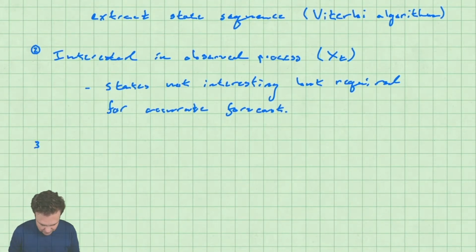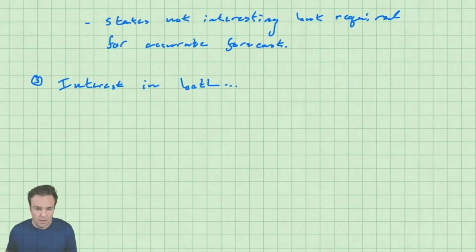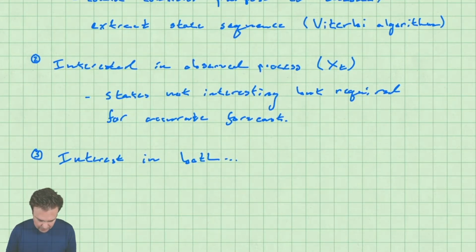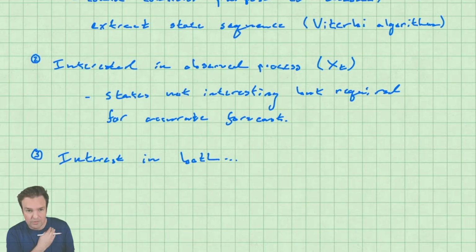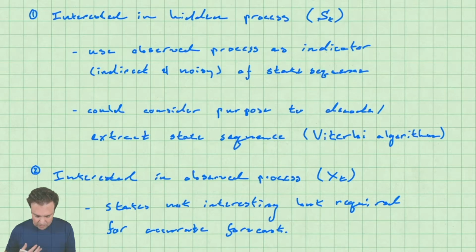And then the third, of course, is that you might be interested in both, or some combination. But I won't really dwell on that. It's probably worth saying that this second description of interests is probably what is most going to look like what we're going to be doing in here. We're not going to be decoding the hidden process, and so for us, it might not really be the case that the hidden process is unobserved. It might actually be observable,